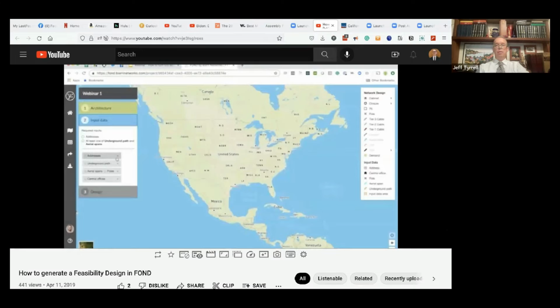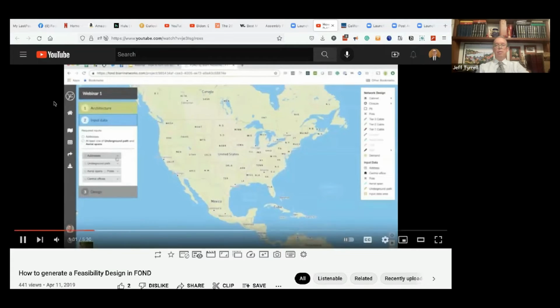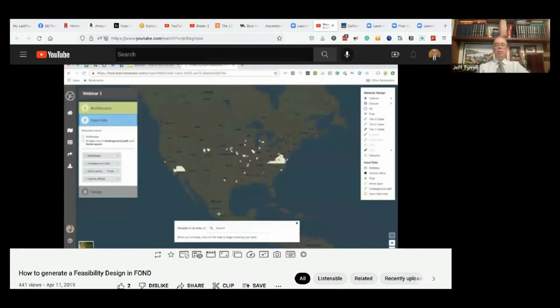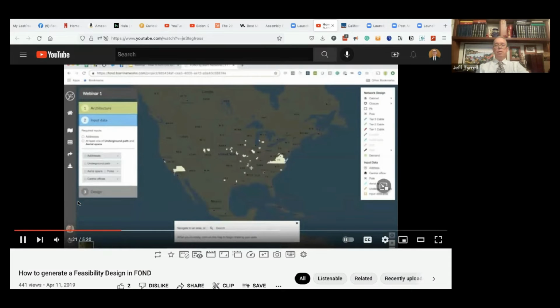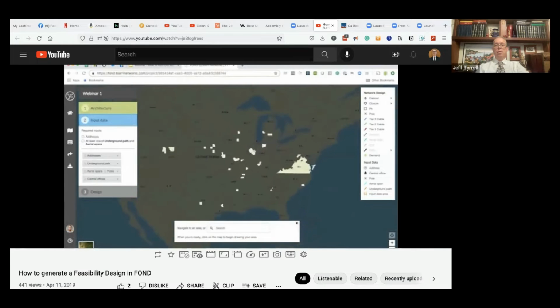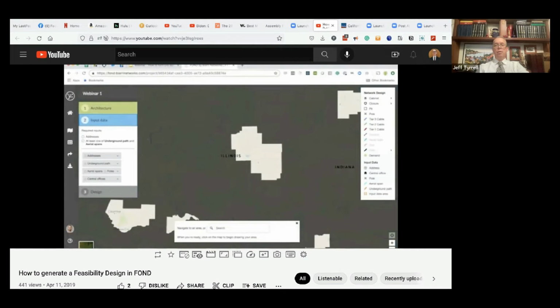The next step is to get some input data. The input data is going to determine where Fond is going to run the fibers to and the potential paths that it can take to run that fiber. I'm going to source the data using area select. Area select is a feature in Fond that we use to connect users with the data they need to generate the design. Any patch on the map here is where we currently have data. Anywhere in the United States we can source data for, and that's just part of the subscription that users get access to. So I'm going to jump in to Illinois,